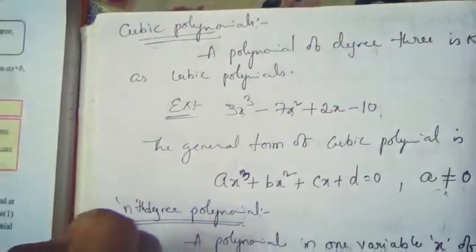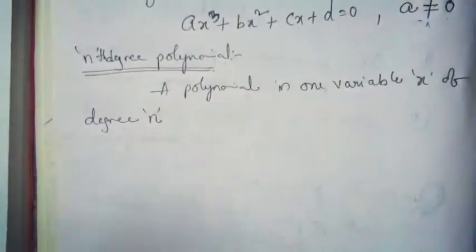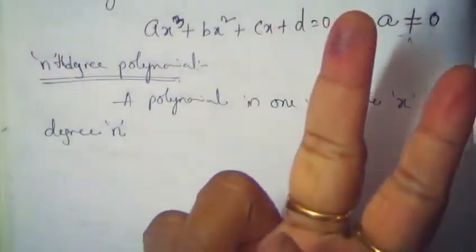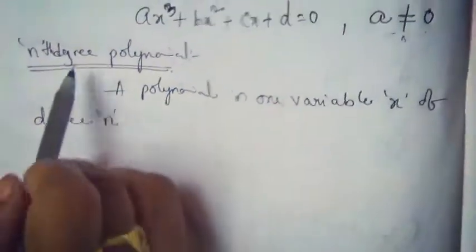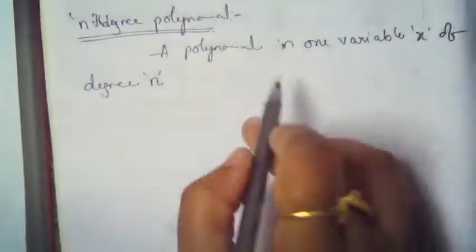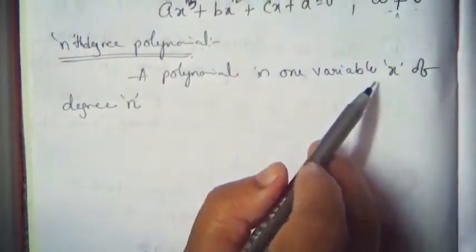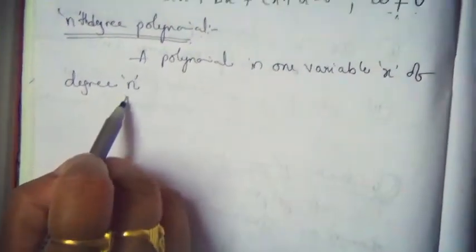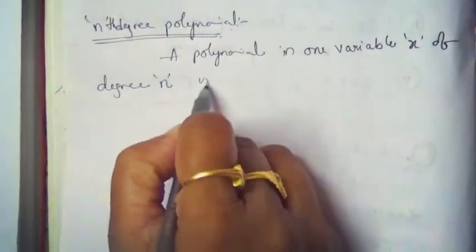Cubic polynomial means the degree is 3, quadratic polynomial means the degree is 2, linear polynomial means the degree is 1, zero polynomial means the degree is 0, and the nth degree polynomial means the degree is n, right? So a polynomial in one variable x of degree n is an expression